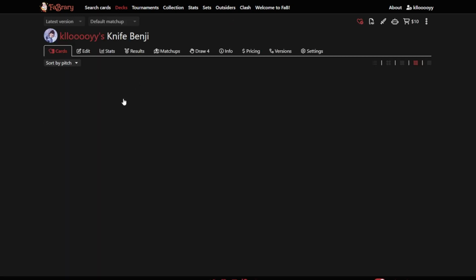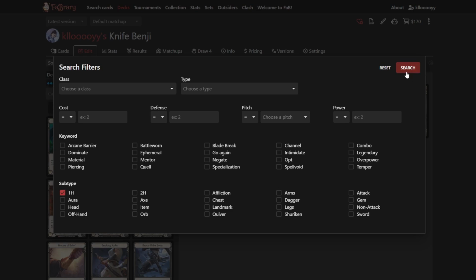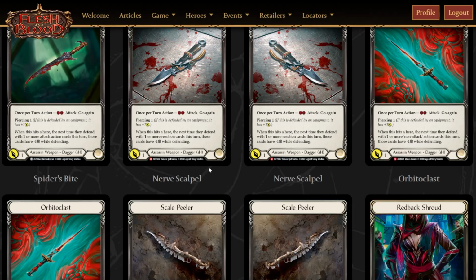Actually, let's look at Benji again. Why are they not here? If we go to one-handed weapons, are they daggers? Please be daggers. They are daggers, but again, this still limits you to four daggers overall. When obviously with